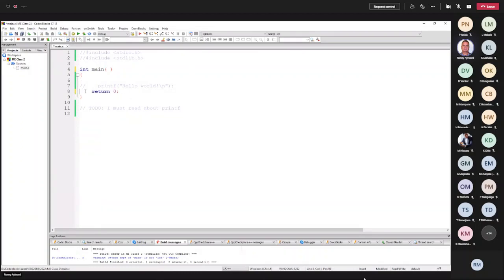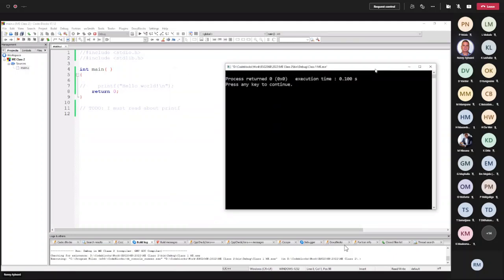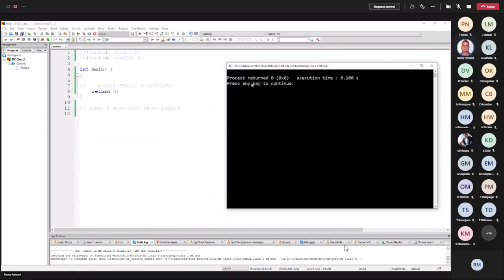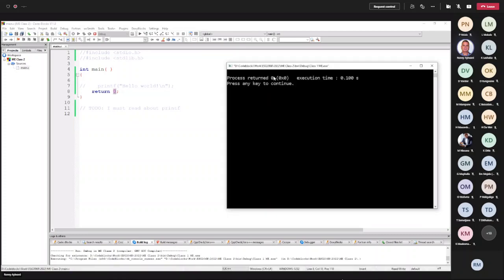And let's just uncomment this part. Okay, so let's just build and run this again. And we see some output. This value that we've got over here, you will see that it is printed there.